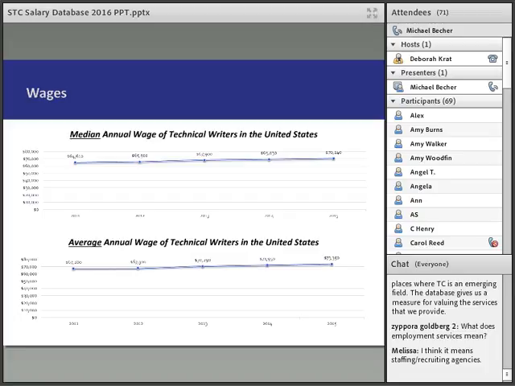So we saw that the inflation rate was around 1.5% to 2.5% over the last 5 years, and this is just about the same, if not slightly more than what we saw for inflation. So what that's saying is basically technical writers' compensation is pretty much pacing inflation over the past 5 years. What that means is what you could buy 5 years ago at your 5 years ago salary pretty much is what you can buy now.